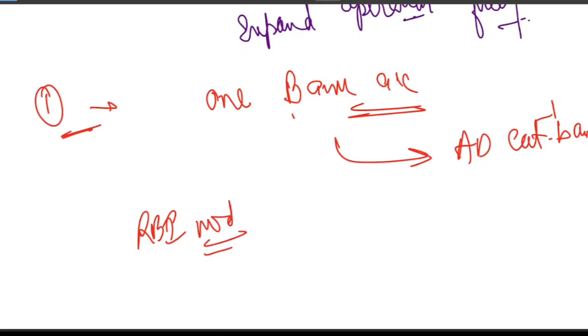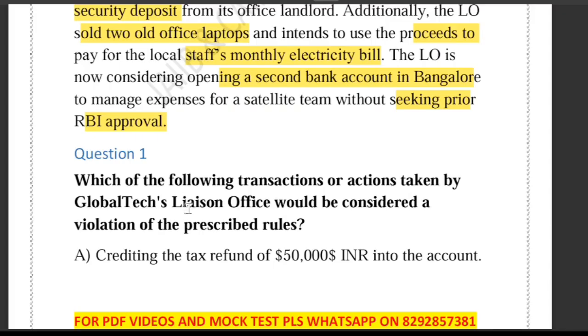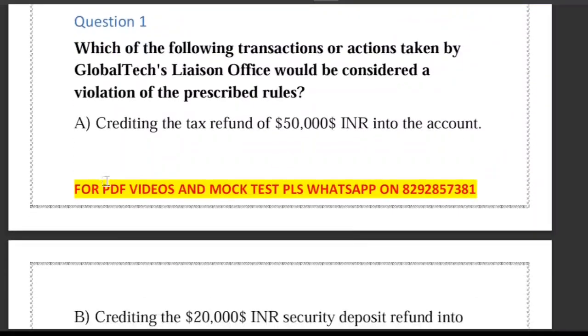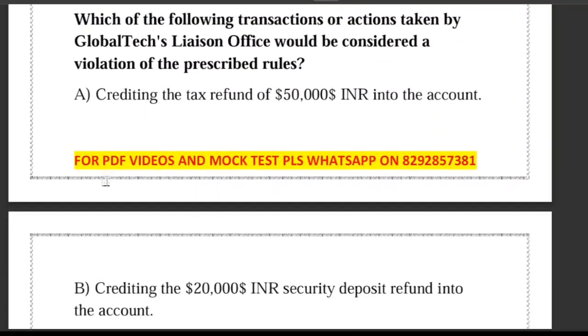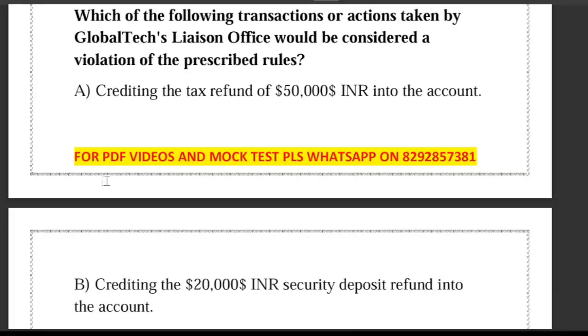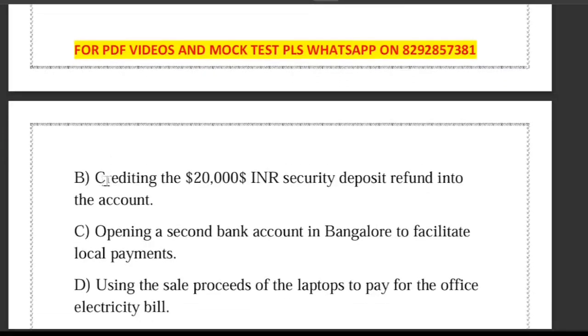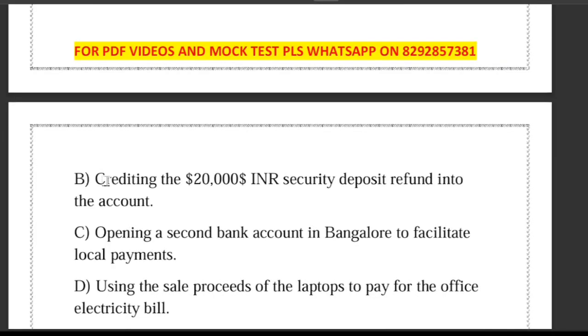So in this case, what is happening? This particular Global Tech Bank is opening a second bank account in Bangalore without seeking prior RBI approval. It is a complete violation, right? So what is the option? Which of the following transactions or actions taken by the Global Tech Liaison Office would be considered a violation? Option A: crediting the tax refund of 50,000 INR into the account; crediting the 20,000 INR security deposit refund into the account; opening a second bank account in Bangalore; and using the sale proceeds of the laptop to pay